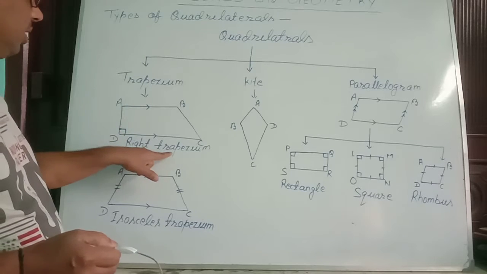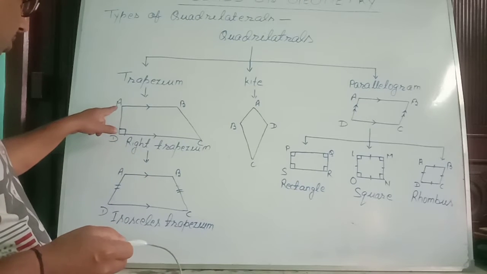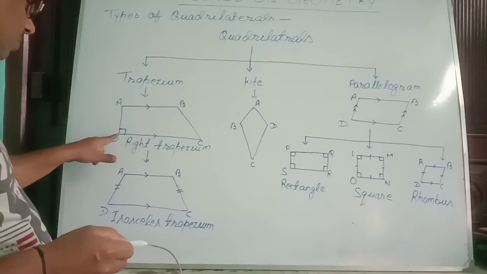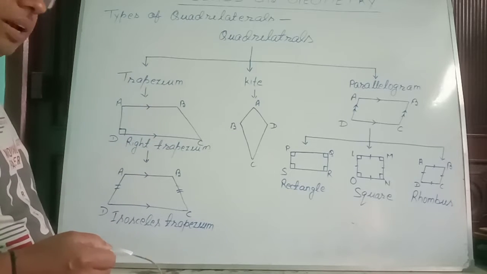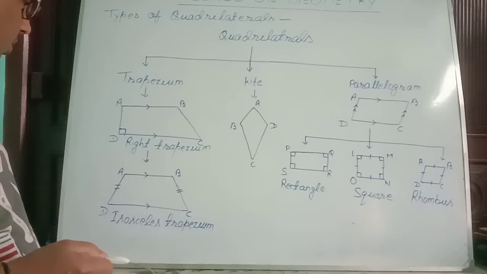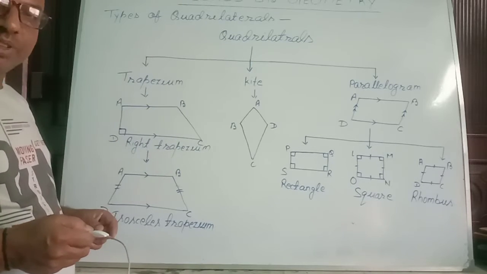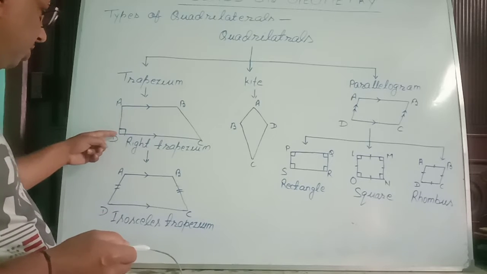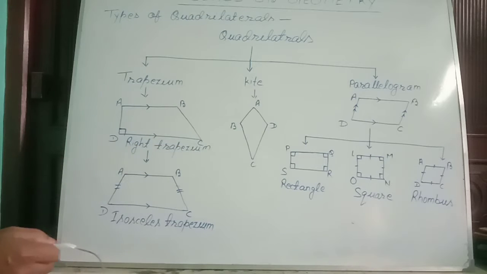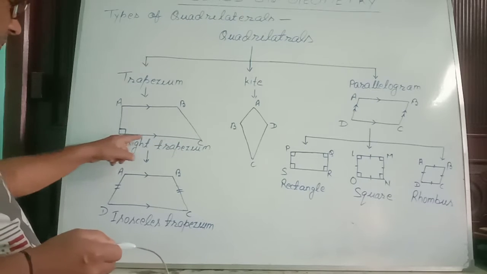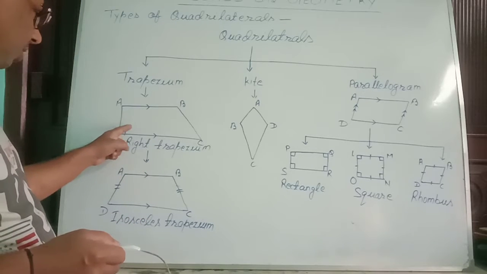This is the right trapezium. Right trapezium means one side of the trapezium is perpendicular to the base and the opposite two sides are parallel. You are seeing ABCD. I have named it the right trapezium because AD is perpendicular to CD and AB is parallel to CD. Since AD is perpendicular to CD, it is named the right trapezium because AD is making 90 degrees